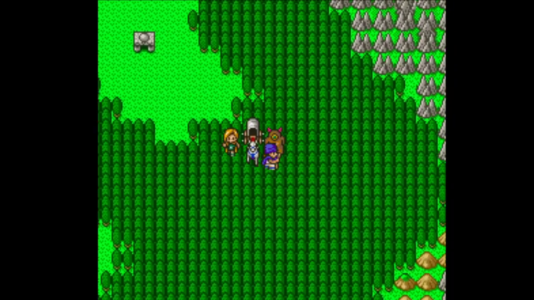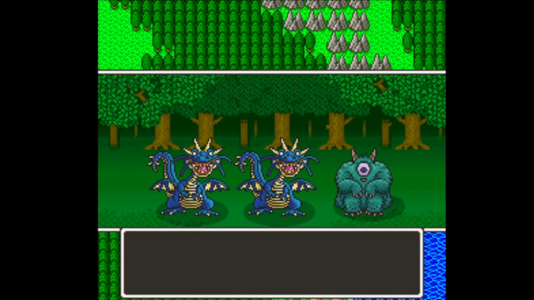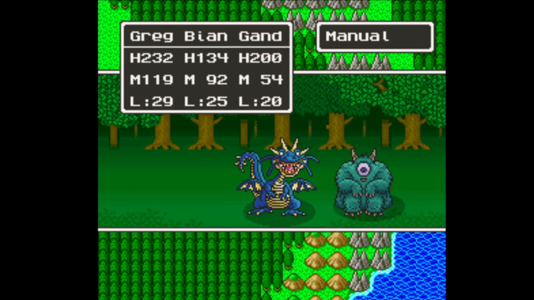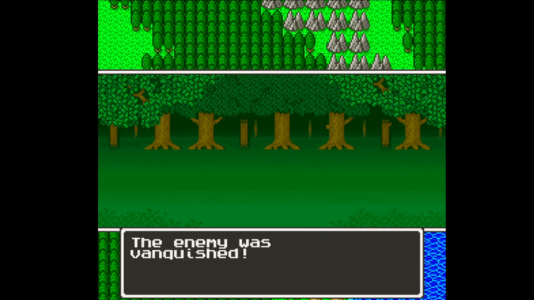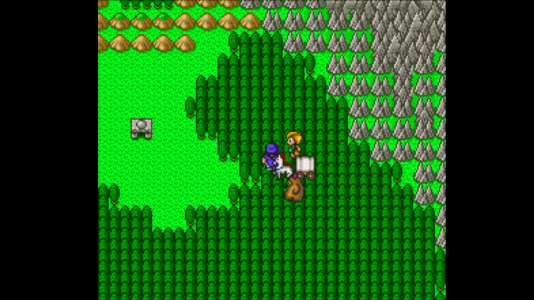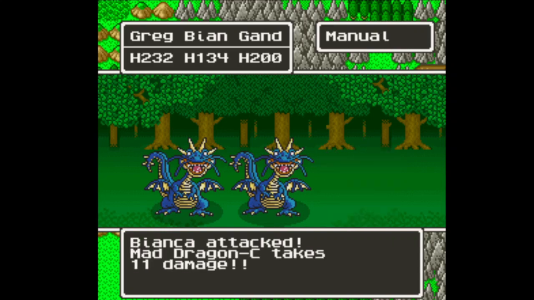Okay, now where's the mountain path? Good question. Somewhere around here, there's got to be an entrance to a cave. Pass above the mountain. Unless I'm on the wrong continent. Okay, there it is. Found it, finally. Took longer than it probably should have,